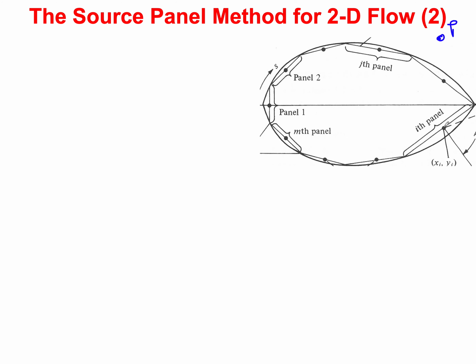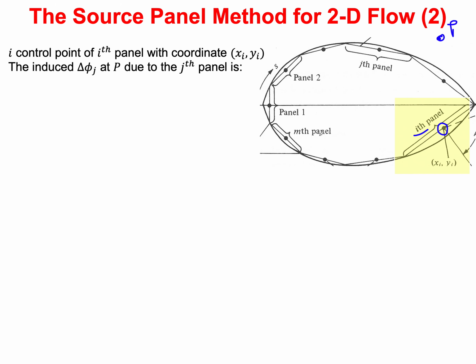So for us to compute the lambdas, let us not consider point P in the free stream, but actually let's consider the control point of panel I. So that's what we want to do. And you see where we're heading with this. What we want to do is compute the contribution. We want to say what is the velocity potential function at panel I due to all the panels as well as the free stream that came here that we are subjected to, the v infinity. It also contributes a velocity potential. Or in other words, if you want it more simply,